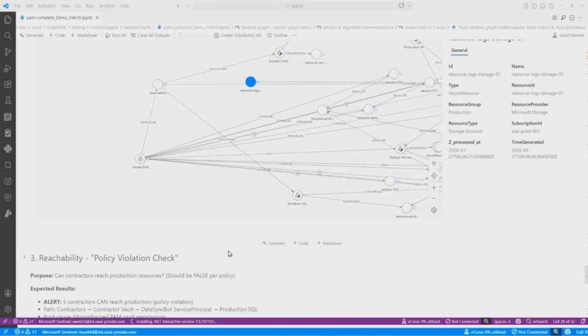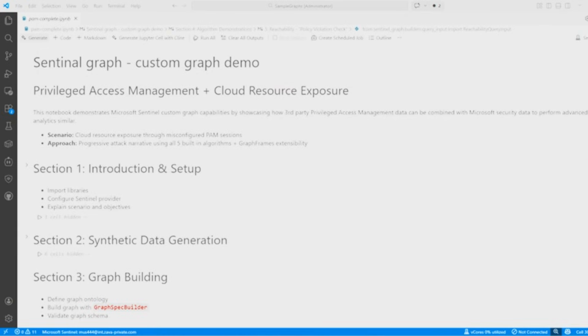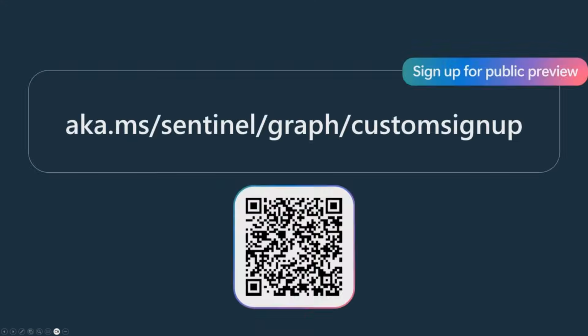And with that, if you want to move faster and try some of these functionalities today, you should be able to sign up. We shared this multiple times on the screen, but you should be able to sign up for all of these capabilities and try them out in preview